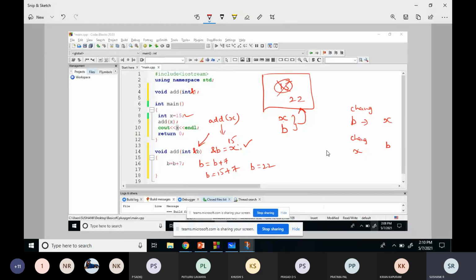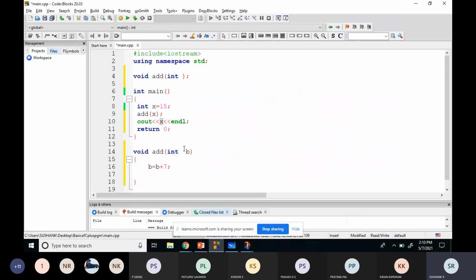After this function is executed, the control will come to the next line. After add, the next line prints the value of x. It is 22, because b and x are pointing to the same memory location.